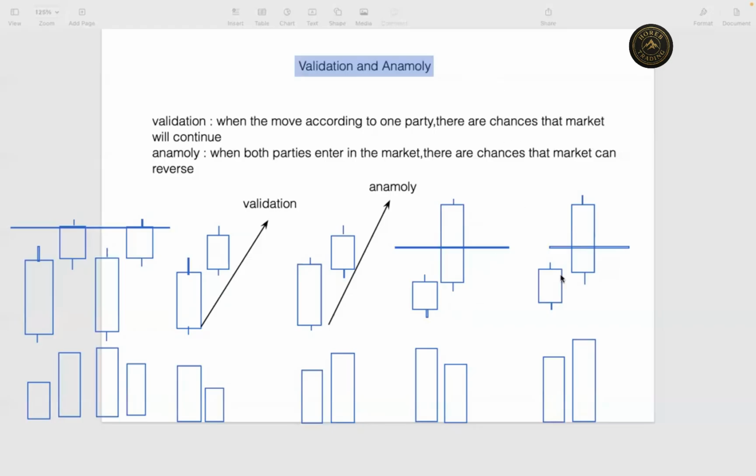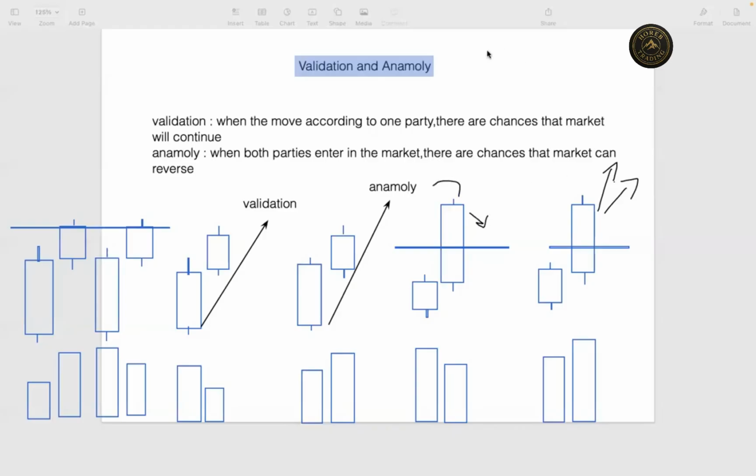And in the second place, we have seen that the breakout has happened with increase of volume. So the small candle has small volume, the breakout candle has increase of volume. That's validation. Okay, the price will continue. The price will continue in buy. This is clearly validation, because the effort is matching with the result. So we are in case of validation, buyers will continue after this, but in the first place,